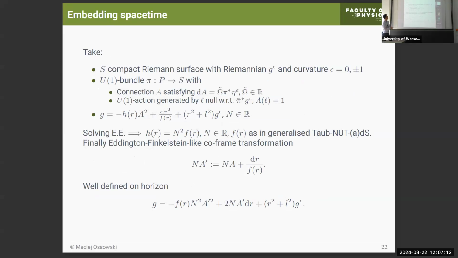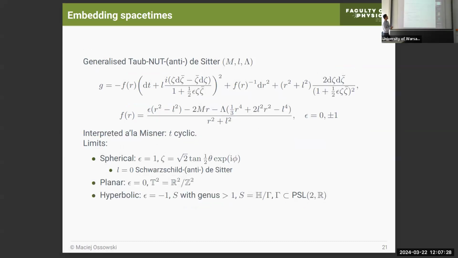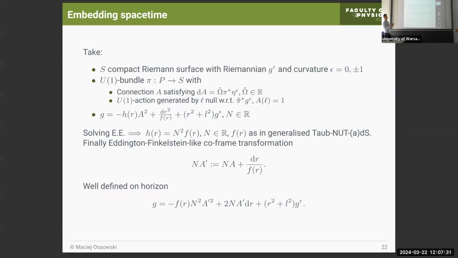It's enough to write the metric with the ansatz as here, and solve the Einstein equations. It turns out that this function f appearing here is the same as in the generalized Taub-NUT. However, we have explicitly those compact sections appearing here. So the solutions are just locally isometric to the generalized Taub-NUT, however with compact topology of the slices, and you can work out that